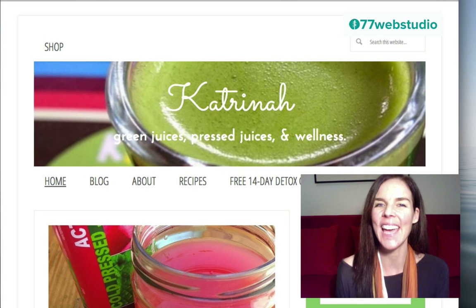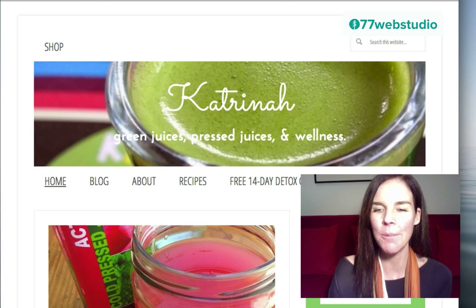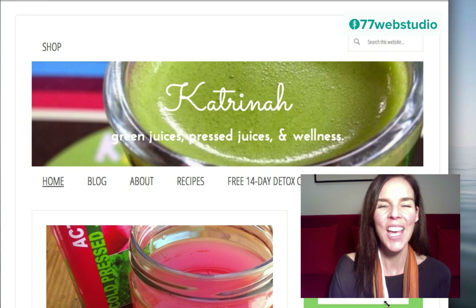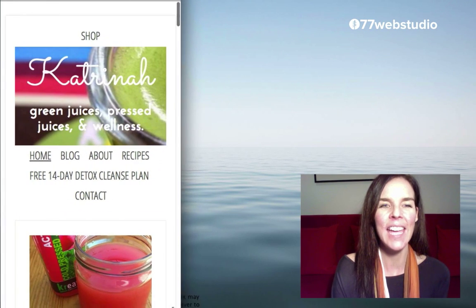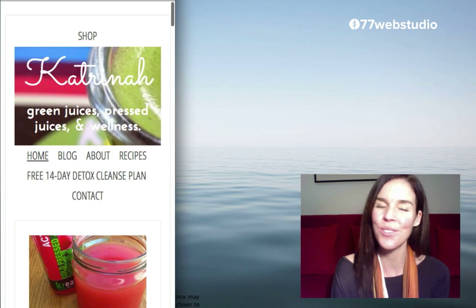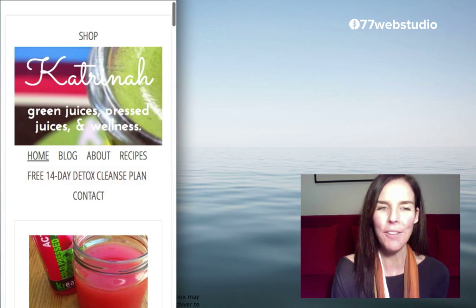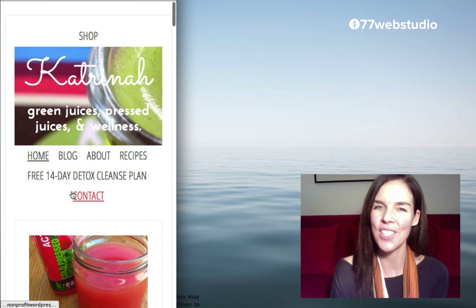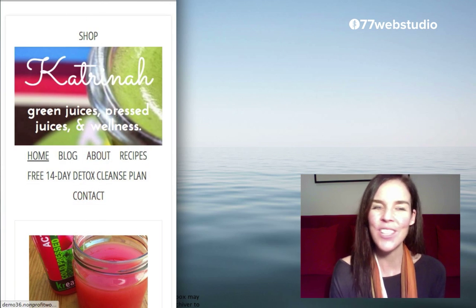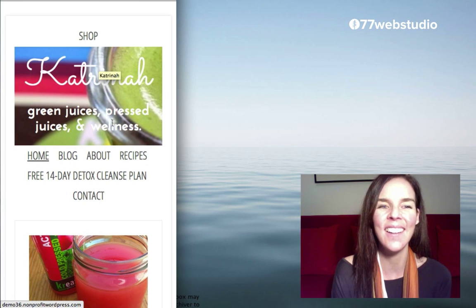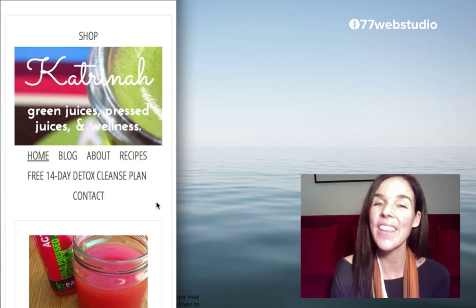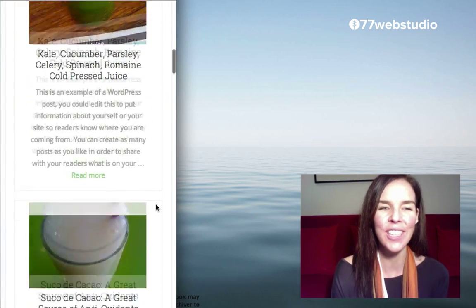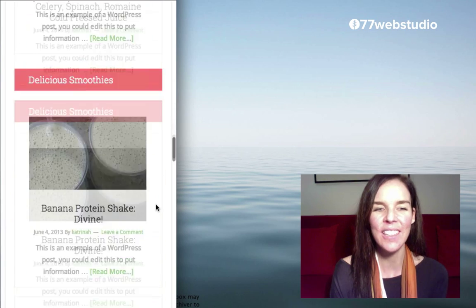It's mobile-friendly and responsive. So as a quick demo of the responsiveness of this website, when I come to the bottom right-hand corner and reduce the screen size, we can see all the different elements on the page are resizing to fit the new screen size. And here on the smartphone view of the website, we can see that the menu items have repositioned themselves in the middle. The banner image has also resized, so we can still see it really well, as we can also see the title and the description. Meanwhile, all the other elements on the page are stacked vertically, so we can see those very clearly as well.